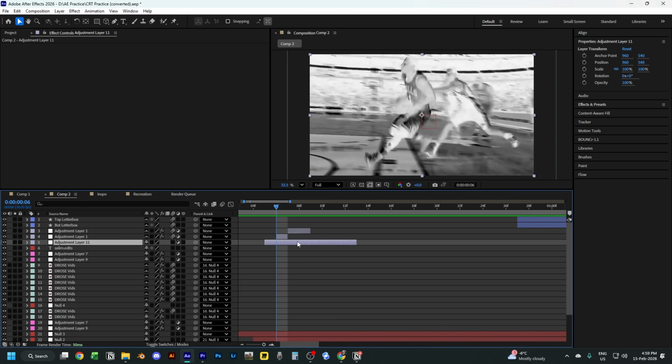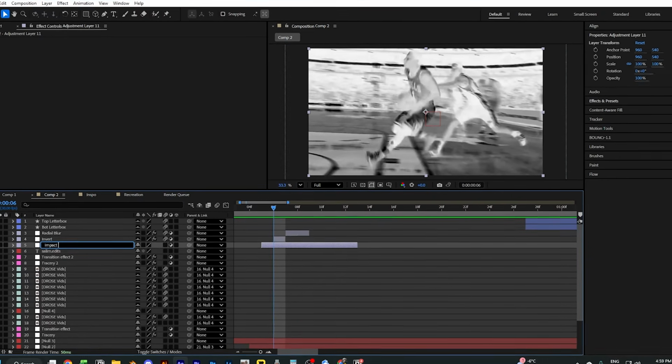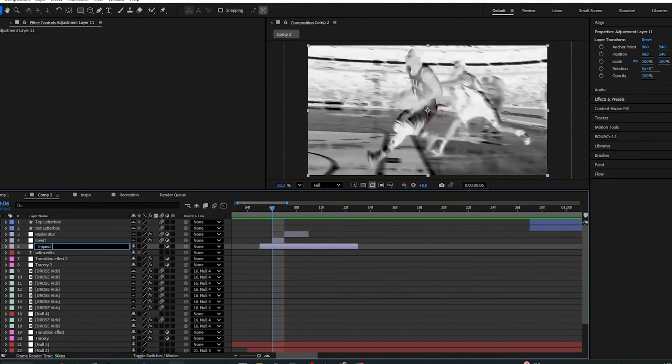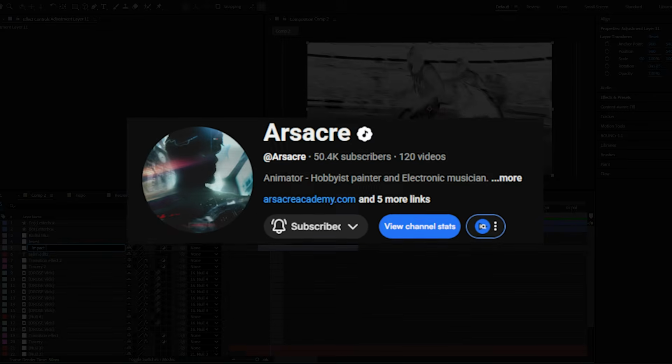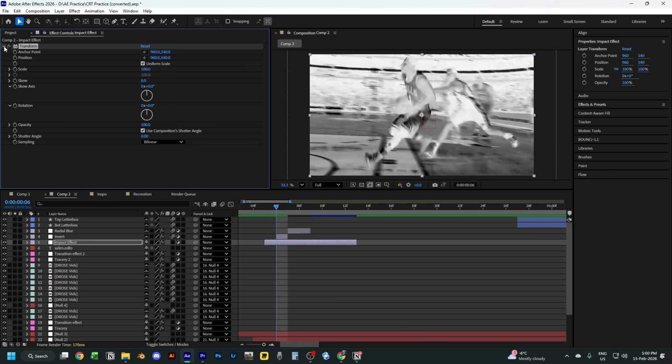Now this method, or this impact method or shake method or transition, whatever you want to call it, I actually learned it from another YouTuber called AR Sacker. Then all you're gonna do is add the transform effect, then add the slider control effect, and then go to the position, hold Alt, and then press on the